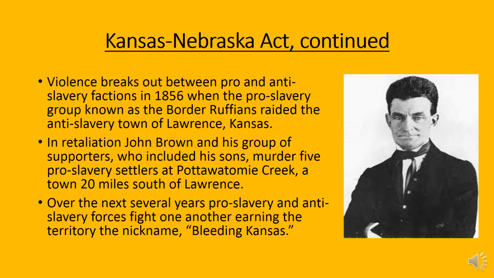So in retaliation, John Brown. That's John Brown, a picture of him there on the right. We're going to see John Brown again as we get closer to the Civil War. He is a radical, a religious fanatic, and he eventually will storm the arsenal at Harper's Ferry. The arsenal is where the army held all of their weapons, and he's going to try to storm that arsenal.